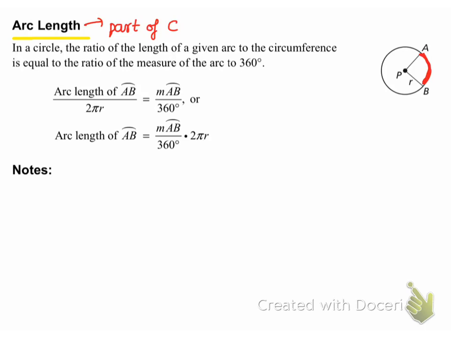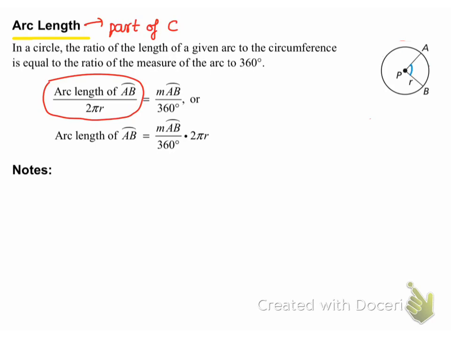So an easier way is to figure out this part out of the whole. The measurement of arc AB over the whole thing, and the whole thing is what? That's 2 pi r. So the measurement of arc AB over 2 pi r, that is equal to, if you just talk in terms of angle, so the angle will be